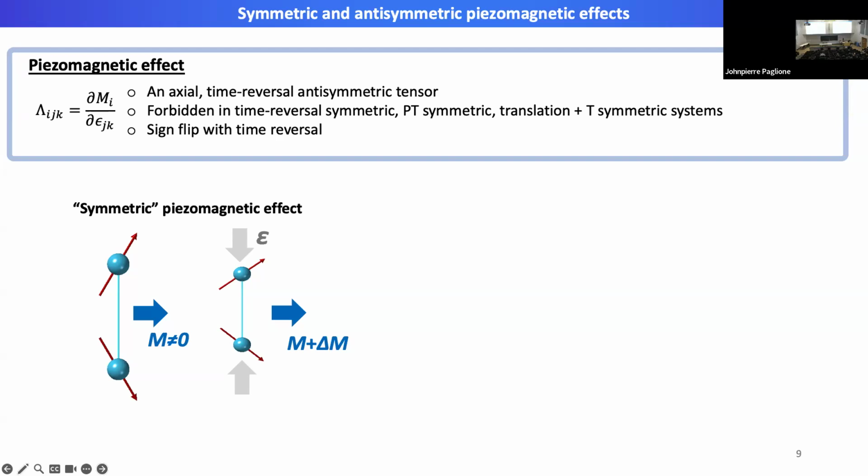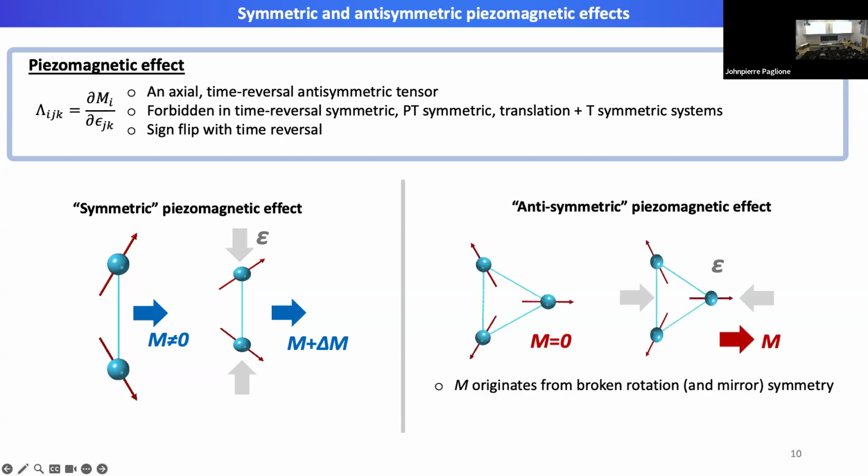So in some sense, in all ferromagnetic systems, this sort of symmetric strain induced piezomagnetic coupling is also allowed in the direction of the magnetic moment. So this kind of looks a bit trivial, and perhaps a more interesting kind of piezomagnetic effect would take place with the antisymmetric strains, which breaks the crystalline symmetries.